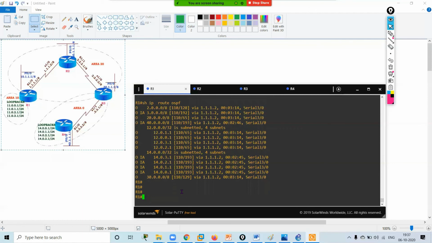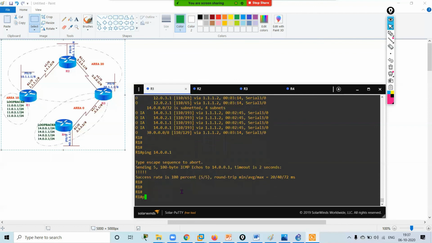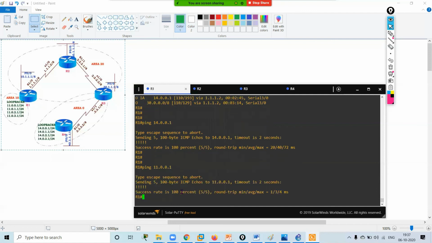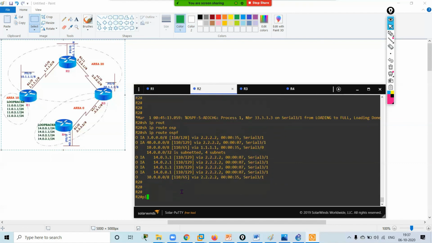From R1 the ping should work. Yes, from R1 I can ping the 14 dot network. If I ping from the 14 dot loopback, I will be able to ping, but from R4 it will not work from R1 itself. I will not be able to ping this loopback from here. I am able to ping because I am on the same router. But from R2, if I try to ping the,